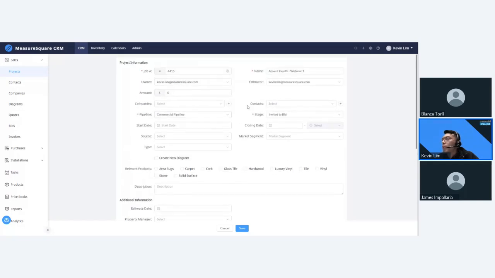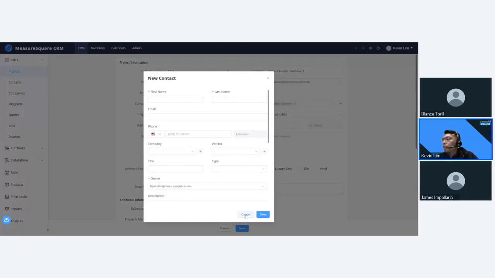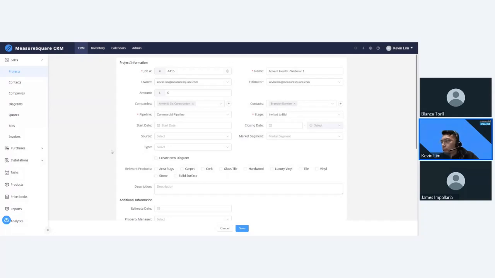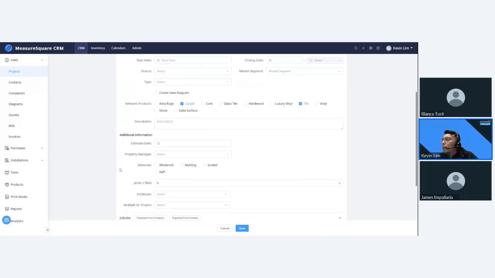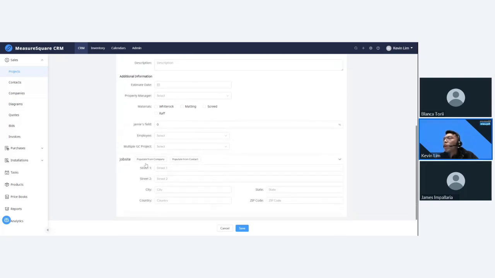I can select my companies and contacts. Let me try this one. Yep. So I already have my contacts filled in, and you also have the option to add a new contact every time you start a new project via this option here. Same goes for your companies. So I can put in my relevant products, let's just say carpet. We can put tile. Fill in other information, such as your job site. And when I click on save,